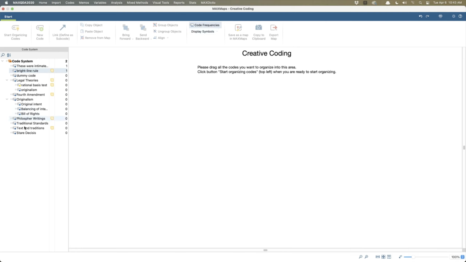So say I take this code here, I drag this code to here. Automatically creates a code map. Now, we're saying we're doing this to create codes. How? You'll notice this is still grayed out. You have to turn this on. Start organizing codes.